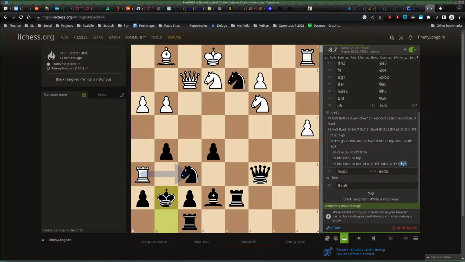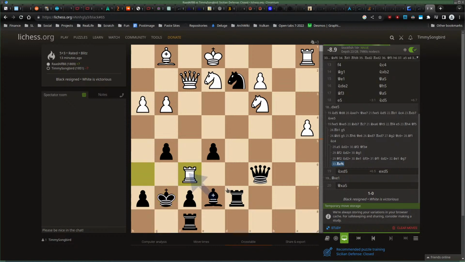Okay, so now we attack that bloody rook. Yeah, and that cannot go anywhere. Okay, so it has to give itself up. Take that back.